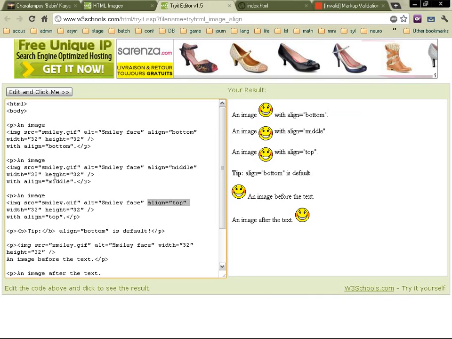And I just discovered I made a mistake. So we just saw the left and right alignment for the image tag, and so we saw that if you do align left, that means that you've got the image on the left and the text on the right, and then vice versa. And when I presented the middle attribute value for the attribute align, I said that you can use it when you have text before and after the image, which is not correct. Actually, middle has to do with vertical alignment,